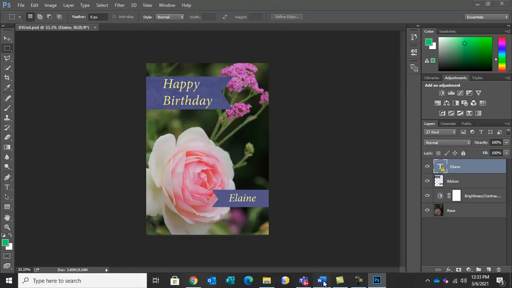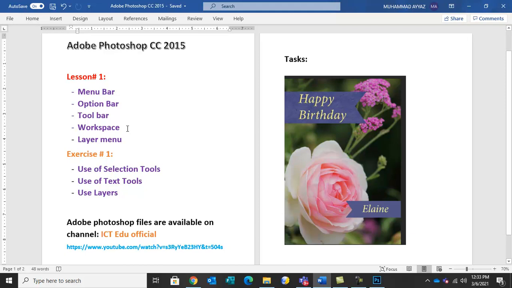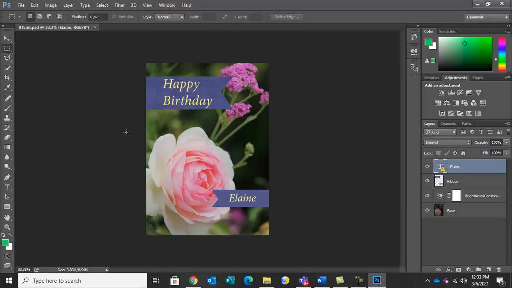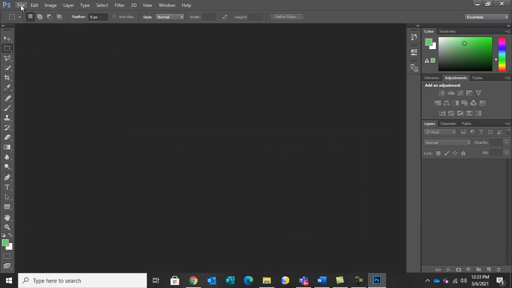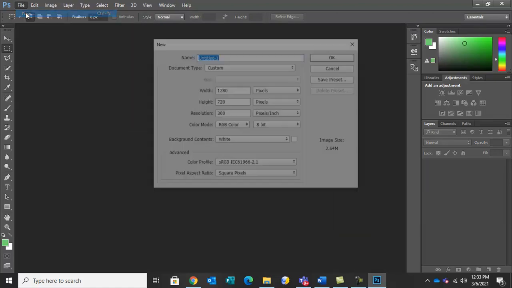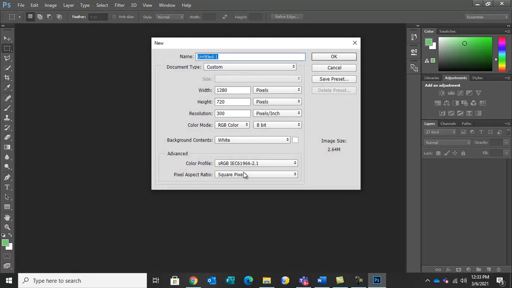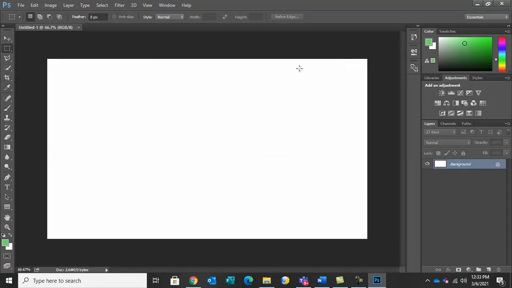Next is workspace. Okay, so I will close this image. When we create a new one, okay, so we will create a new area, for example this one. This is a workspace or canvas where we can design something. When you create a new one, a new layer is created.